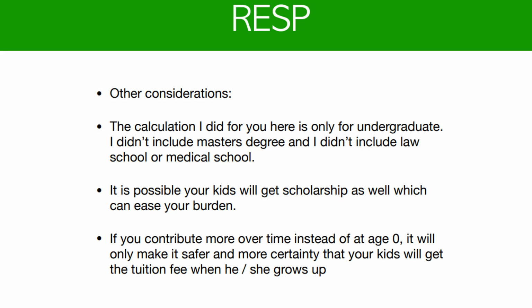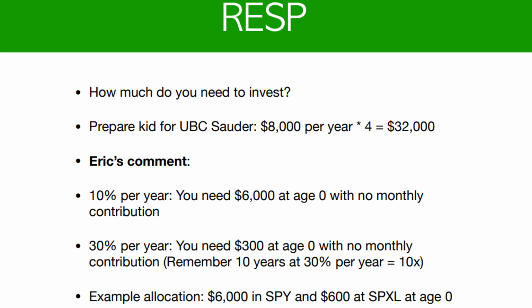Now, of course, we can also consider scholarships, but since we are doing long-term investing so early on, we can exclude that assumption. Only if they really need the scholarship, then yeah, you go get a scholarship because we don't have enough money. We assume you invest in the very beginning, and you don't need to put any monthly contribution. If you get 10% return a year, then you just need to put $6,000 at age 0 with no monthly contribution, leave it in S&P 500 for 18 years, and you will be at $32,000.